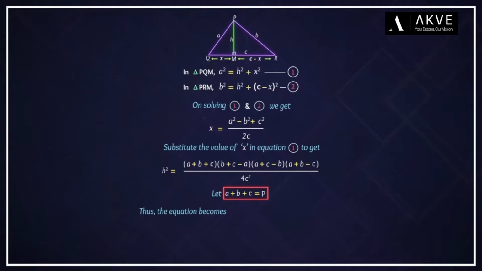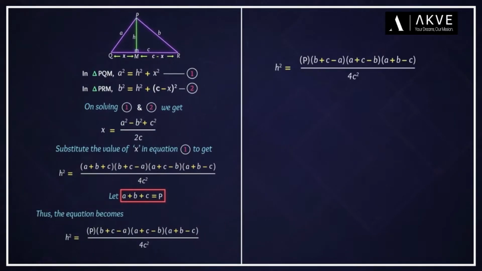Thus, the equation becomes h squared is equal to p into b plus c minus a into a plus c minus b into a plus b minus c, whole divided by 4c squared. Further, add and subtract a in the second bracket, add and subtract b in the third bracket, and add and subtract c